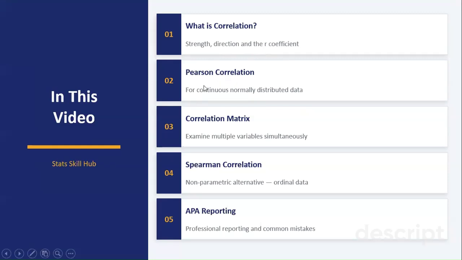Then you will perform Pearson's correlation in Jamovi. After that, you will learn how to create a correlation matrix and interpret it using multiple variables. You will also learn Spearman correlation, which is the non-parametric alternative. And finally, you will learn APA style reporting and common mistakes students usually make.